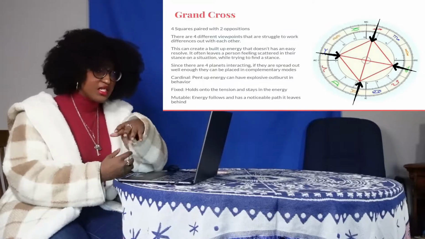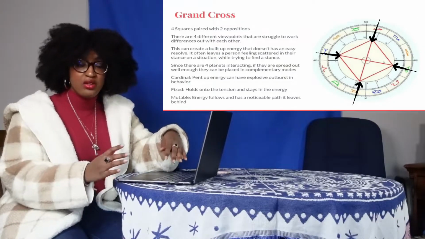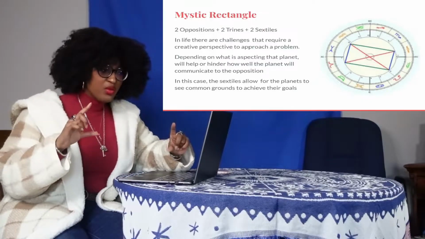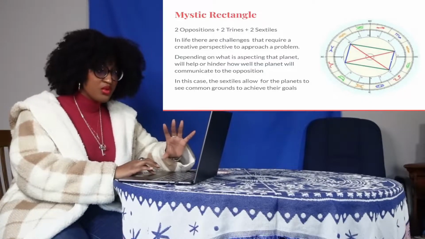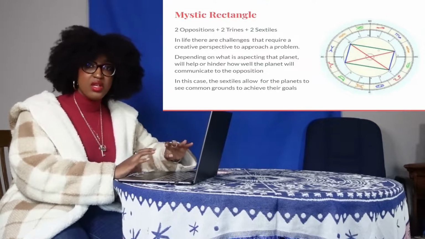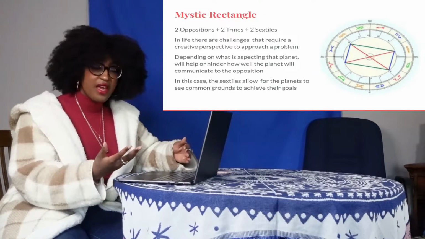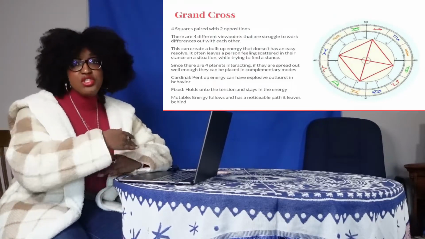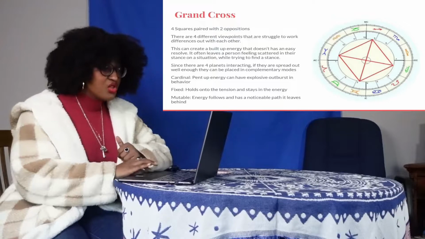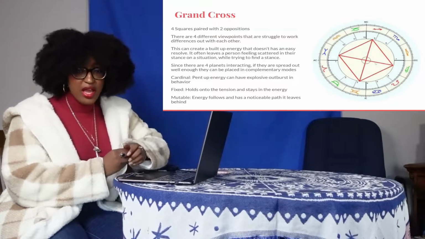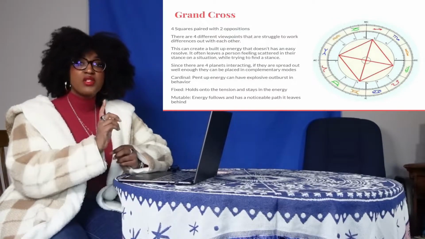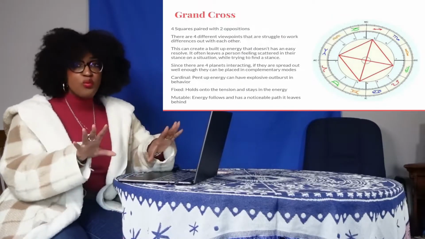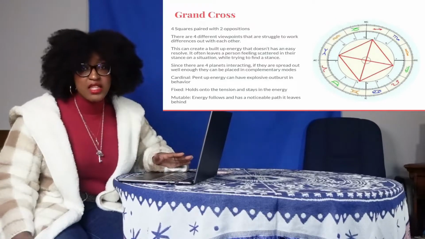So now everybody's confused because nobody's able to get along with each other, because in a mystic rectangle, it was actually a rectangle, and the points of release, in a sense, were these trines and sextiles, because those are positive aspects helping a negative aspect, which is an opposition. However, this is just all negative aspects. So nobody's really getting anywhere at this point. And this is where stressors can really build up in the body, because there's no point of release. I can't even think outside the box.